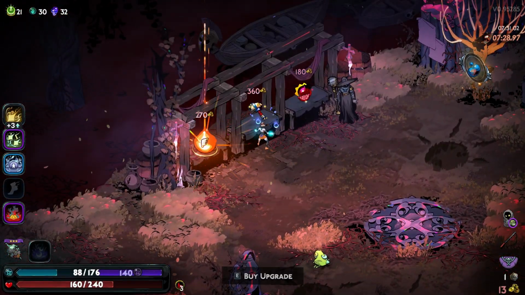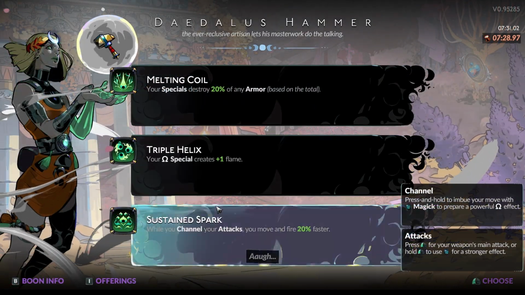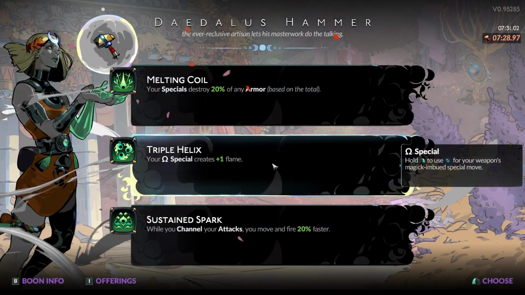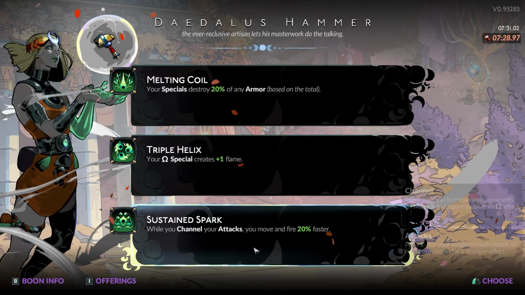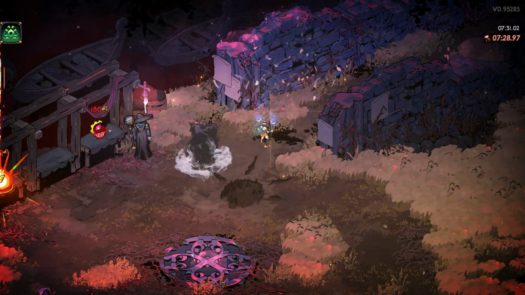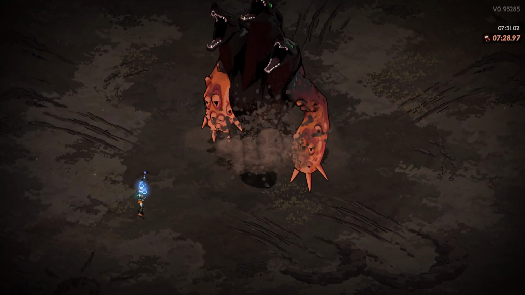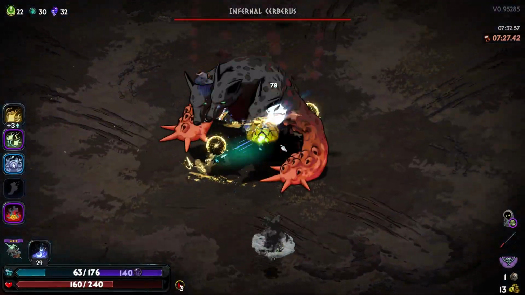Okay, sure. There's a Daedalus Hammer in our final shop. We have just enough for it. Don't mind if I do. We get Sustain Spark. I'll probably take Sustain Spark over Triple Helix here. You get 1 extra Omega Special. You already apply Blitz pretty well. This just gives you more attack speed, as well as move speed. So you get more damage and more general survivability, which is pretty awesome. I do believe it also affects your attack channel speed, so...